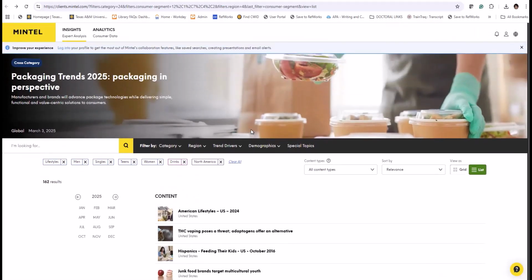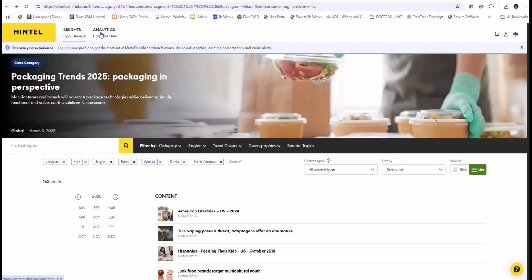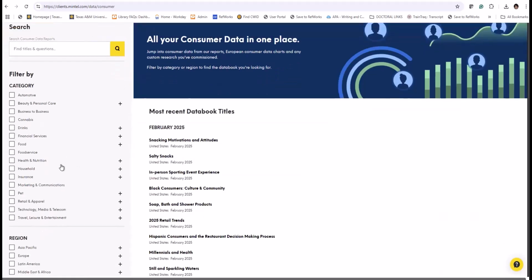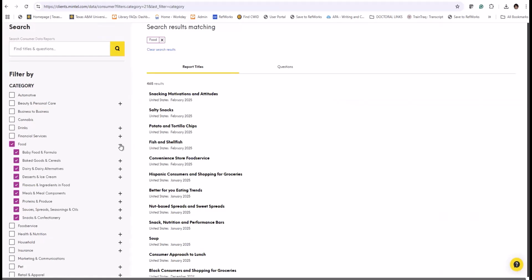Now, because we don't have enough time, I'm going to be a little bit quick. I'm going to take you to consumer data, and this time again I'm going to just filter, so you can see how it works. Let's go to food this time. When I want to go to subcategories, you need to click on this icon and then click on this.